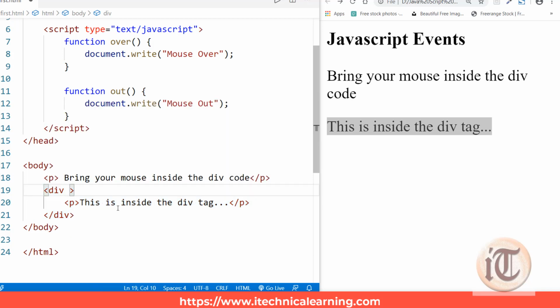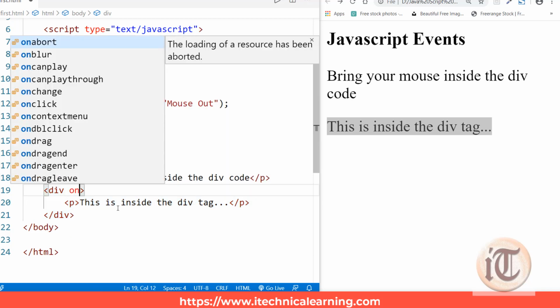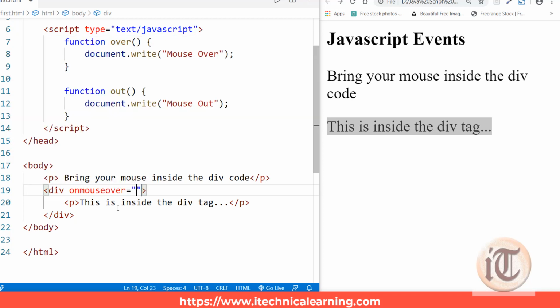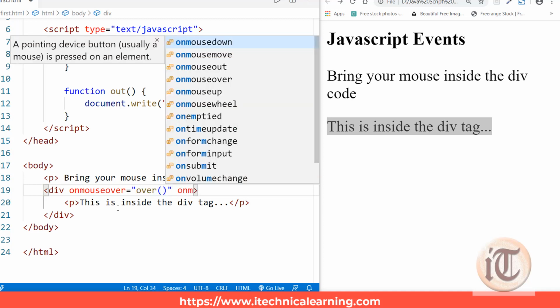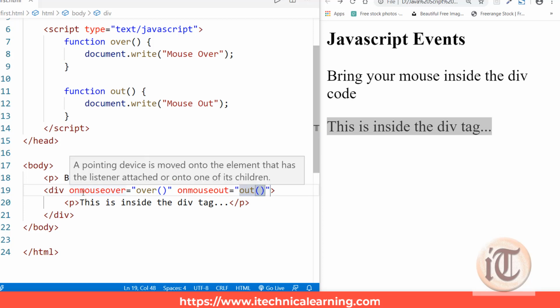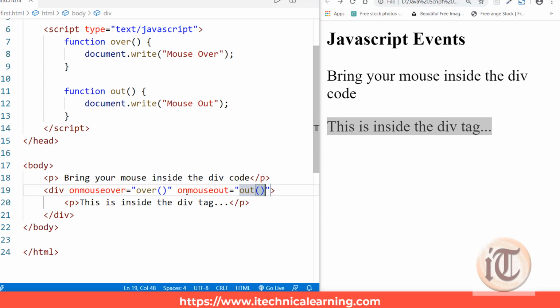Now inside the div tag I want to call the method onmouseover, so on mouse over I want to call the function over, and on mouse out I want to call the function out. So I have created a div and associated it with these two event handlers, onmouseover and onmouseout.